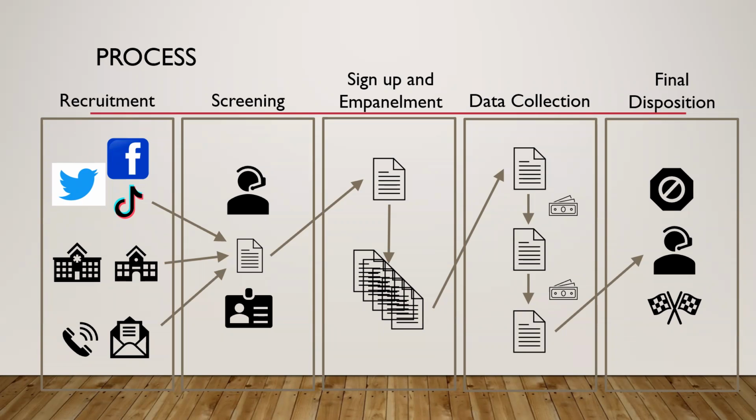The other side of empanelment is collecting the data that you'll need to actually do the contact management. So again, there's questions around diversity, but if you want to, for each wave, make sure that you have at least a certain percentage of each age, education, racial category, then you'll want to have that data as part of your contact management system, so you know who to reach out to if you have too few people with less than high school education, for example. So sign up and empanelment is really about collecting the data that you'll need to do the management part of